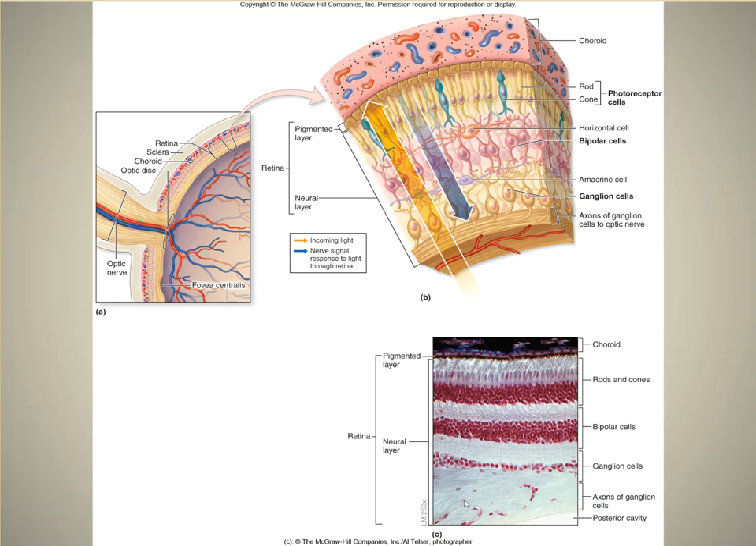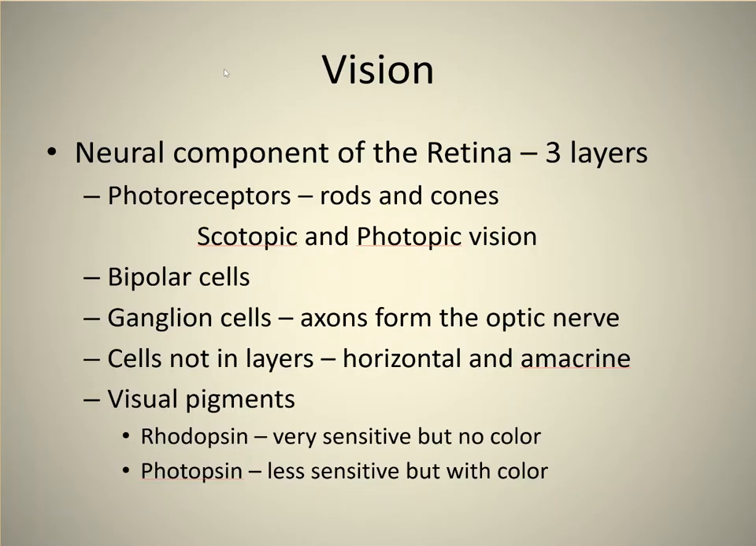And here is a photomicrograph of this with the choroid out here, the pigmented layer, the rods and cones, the bipolars, and the ganglion cells. So neural components of retina, three layers: photoreceptors, rods, and cones, which are responsible for what's called scotopic and photopic vision. Scotopic is under low light, and that's using rods. Photopic is under high light, and that's using cones. And then they synapse upon the bipolar cells, the ganglion cells not in layers, horizontal and amacrine, and then the